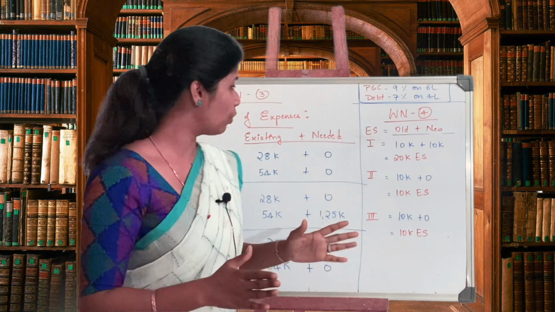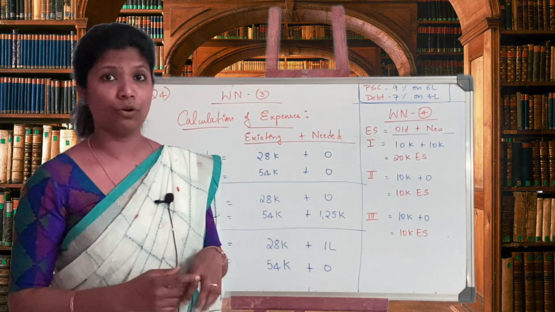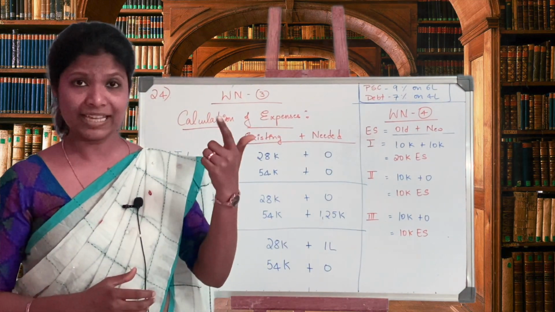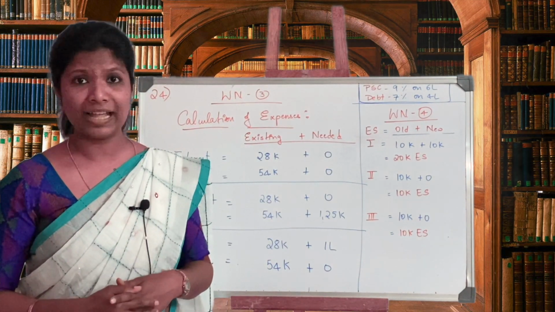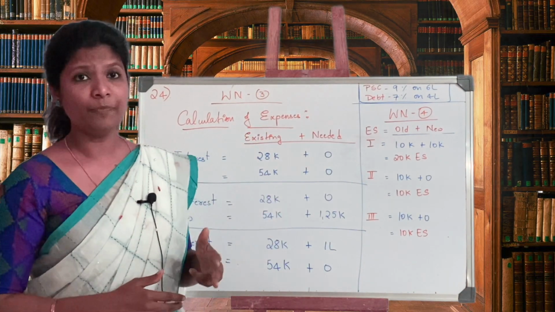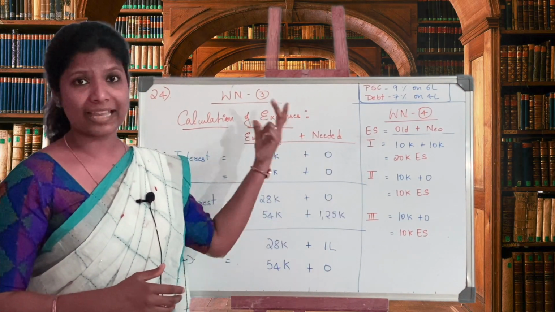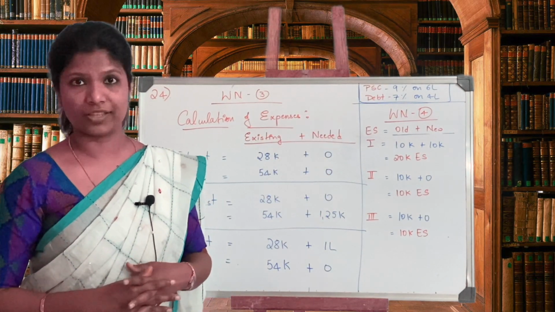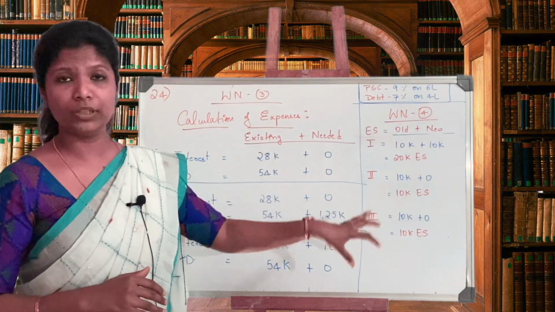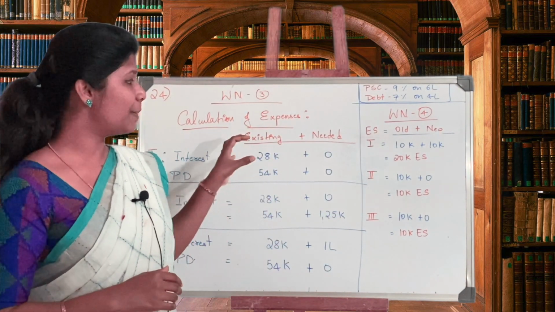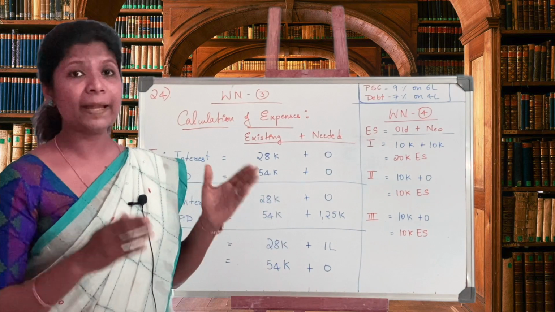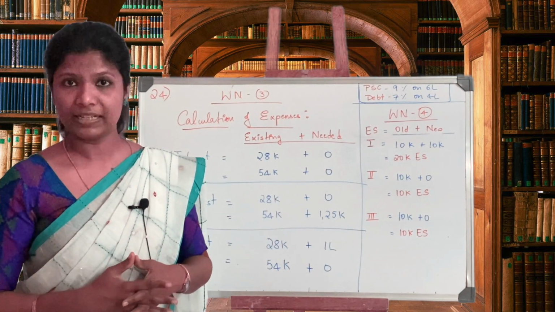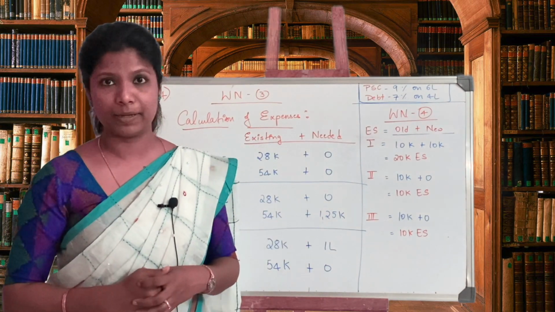So in all, for question number 24 we have done 4 working notes. First one was calculation of EBIT. Second was for calculation of plans. Third was for calculation of existing and the needed capital expenditures. And fourth was calculation of equity shares. Once you have thoroughly understood all the working notes, we just have to implement these values that we have calculated in the income statement accordingly. If that is done, then our problem will be completed. Let's solve the income statement now.